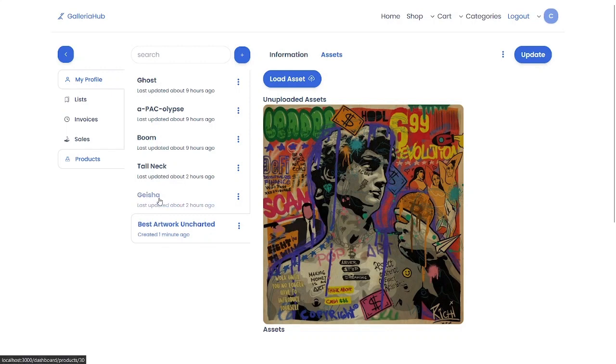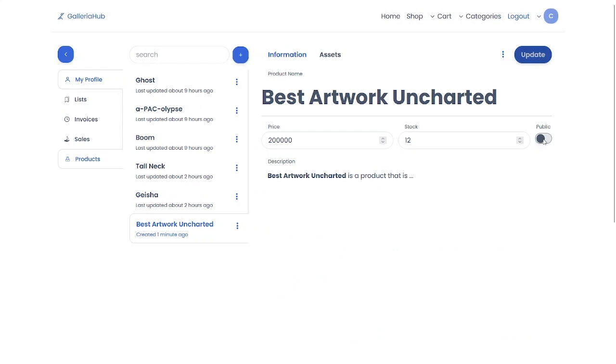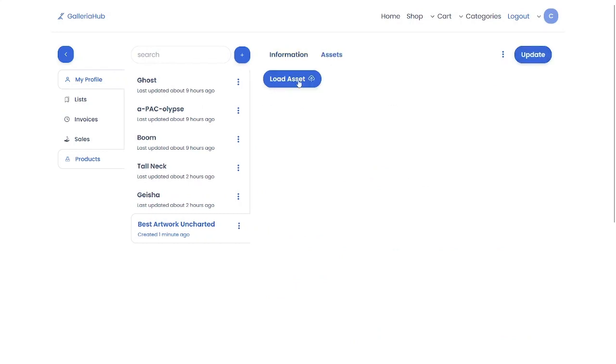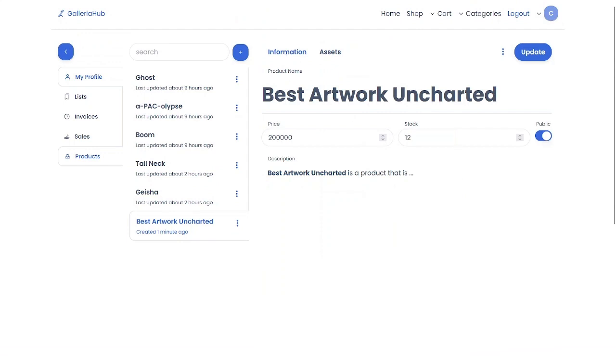So best artwork. I'm gonna now make it public, and I'm gonna upload the best franchise ever to exist, the Uncharted franchise. And I'm gonna go back to information, and I will just write Uncharted is superior. And now I'm gonna press update, and it is gonna upload the products, and it's gonna upload